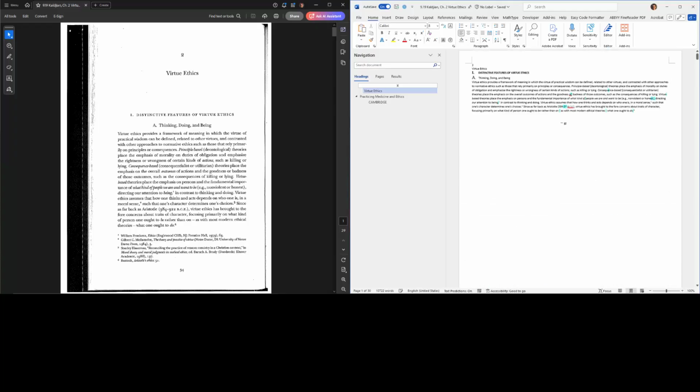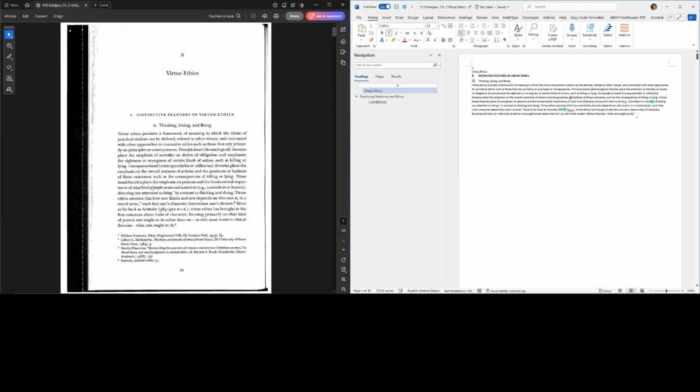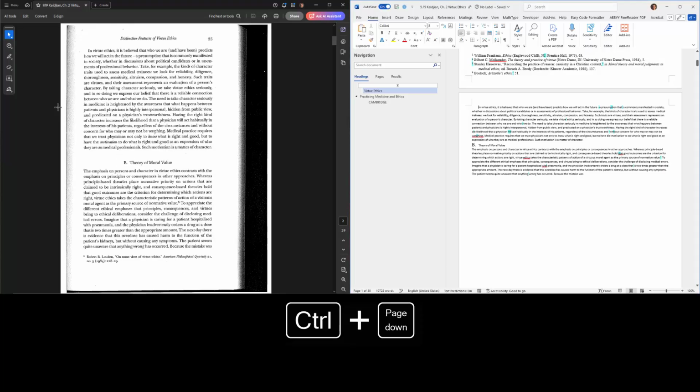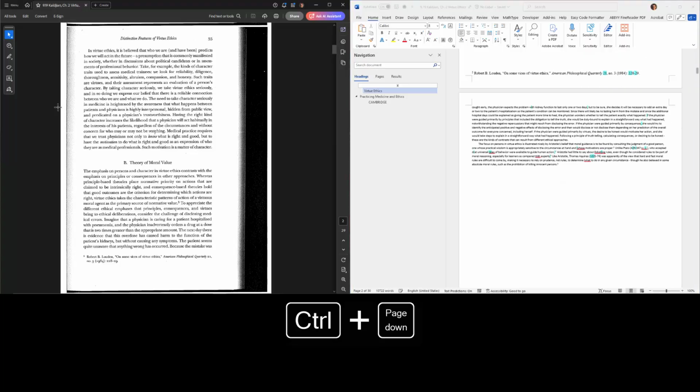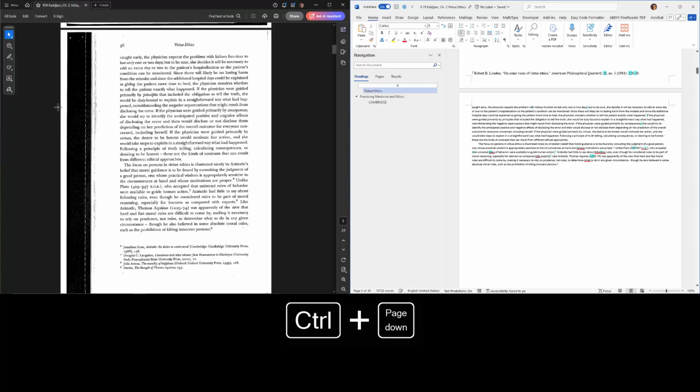That way it really sets me up for this formatting process well, because then I can use Control Page Down and it synchronizes. Yeah, like right now "Virtue Ethics" is shown on both pages. Control Page Down again.